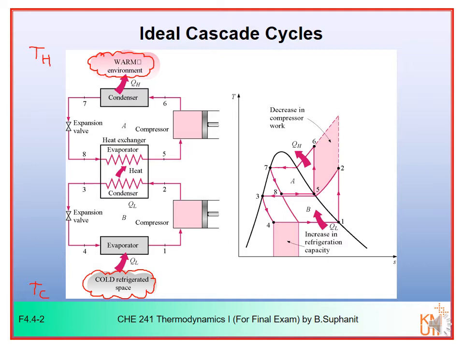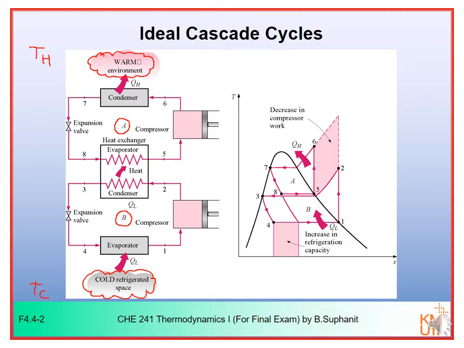Now you can see that instead of using a single VCR cycle, we are now using two cycles here. In this case, we have cycle A and cycle B. Cycle B here will be used to absorb the heat from the cold refrigerated space, but instead of rejecting the heat to the environment, it will reject the heat to the evaporator of cycle A, which